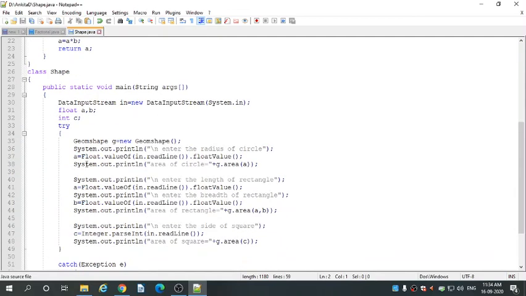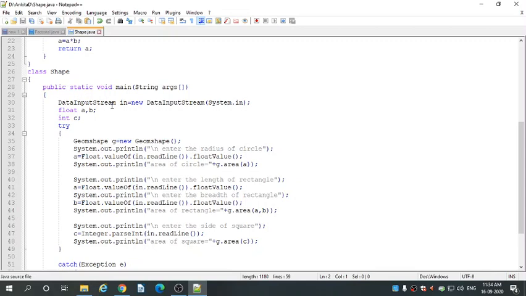Okay. So let's come to the next class, class shape. Inside class shape, we have declared public static void main. This is the main method which reads String type arguments. Okay. Opening flower bracket, DataInputStream in equal to new DataInputStream(System.in). We have created here the DataInputStream object, that is in. Okay. DataInputStream helps you read input from any of the devices.